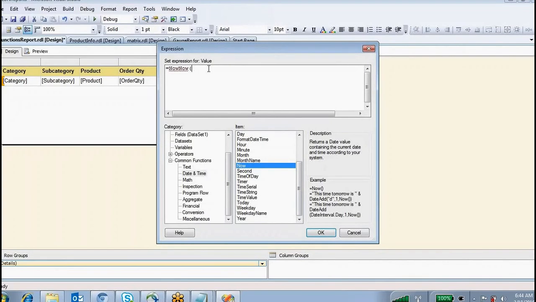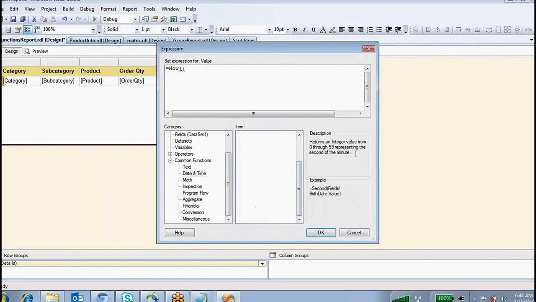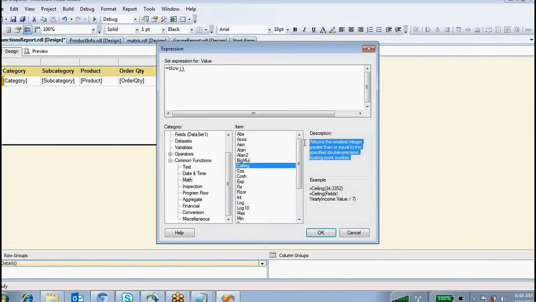So you don't worry about this syntax and what is the usage of this function. Whenever you click on a particular function, it gives the description here, what exactly is the usage of this function, and an example also for the syntax. So you do not need to worry about these functions. You can easily understand and learn them. Every function gives some sample, the value and the usage description here.